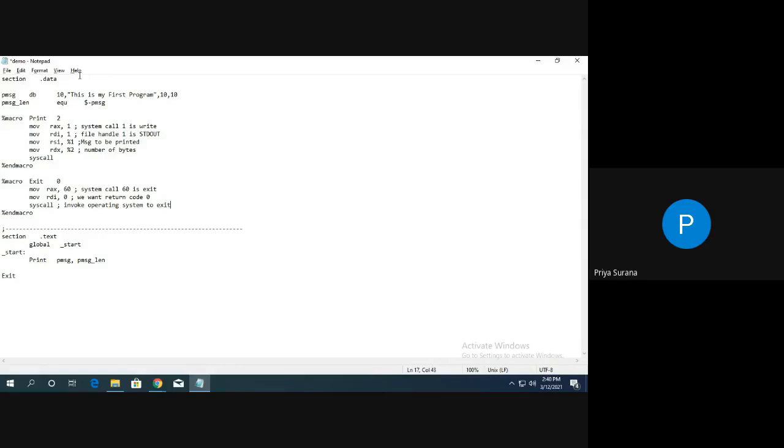When I say directives, this section which is written here is a directive. I am discussing one example right now, but many directives are there. Like DB is a directive. Directives give directions to the assembler.